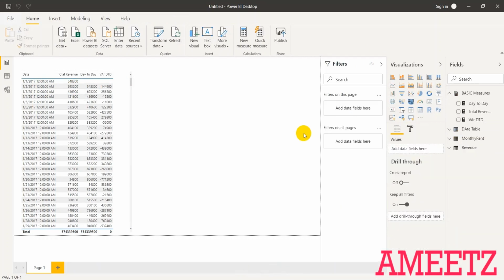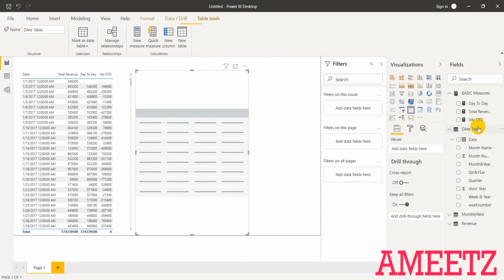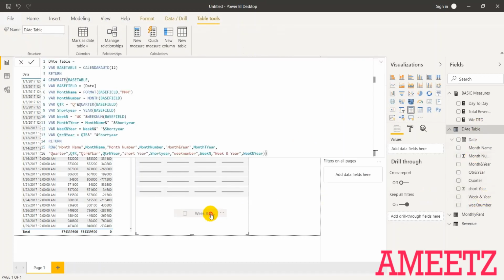The next comparison is week-on-week comparison. I would like to compare previous week against current week numbers. But before getting into the measure, first let me show you how this week number appears in a table, because we need to create a few more additional columns in the date table to sort that column in a proper manner. Let me add a table. In the table I'm just adding from the date table week and year.